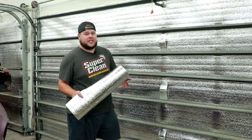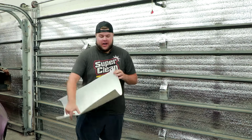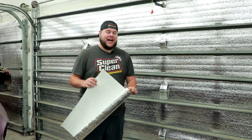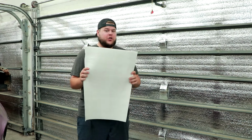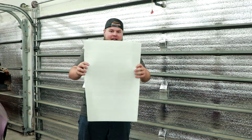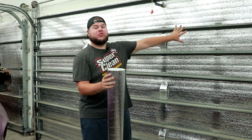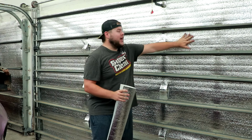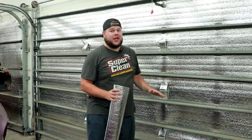Now, the insulation system that I chose to go with here in Florida is called Radiant Barrier. It's basically foam on one side and then foil on the other side. And what this does is basically act like a trampoline for heat. The heat comes in, hits this side, comes through, hits the foil on the other side, and just bounces it straight back out. So if I touch the foil right here, it's relatively cool compared to actually touching the garage